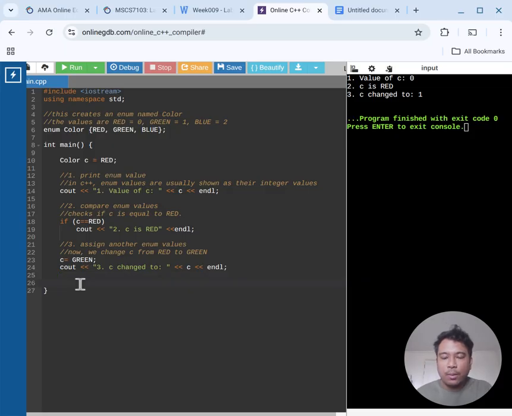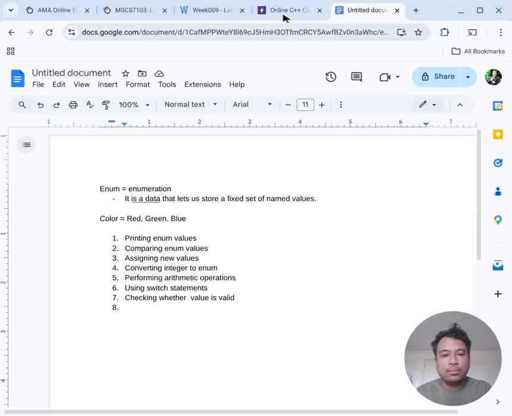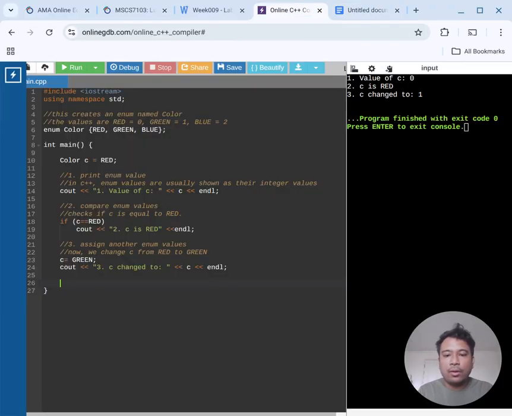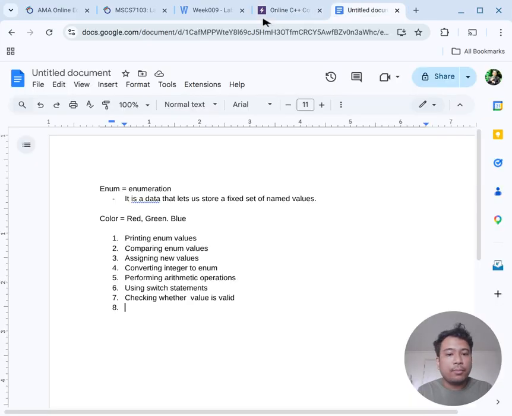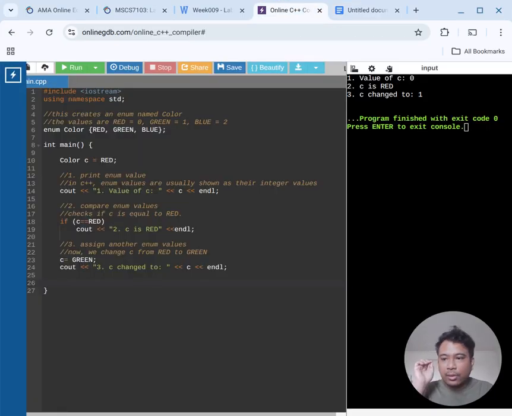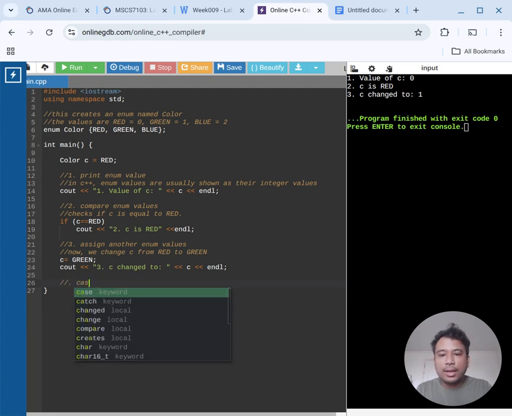Okay, so we now have 3 examples or safety tests for enums. We have here the print enum values, comparing enum values, as well as assigning new values. Number 4 is converting integer to enum. Okay, let's start with this one. So my number 4 is cast